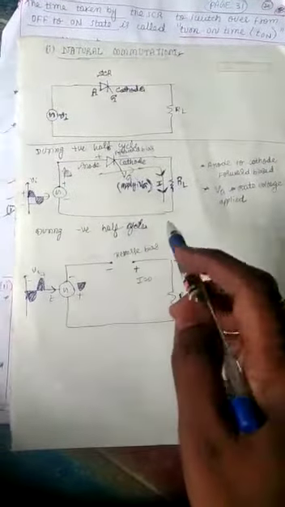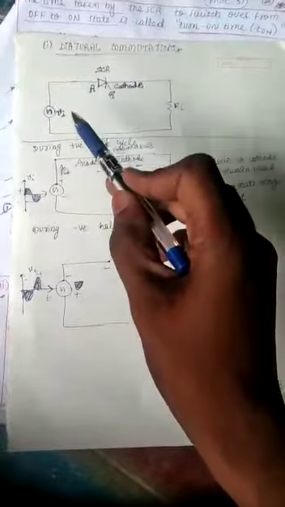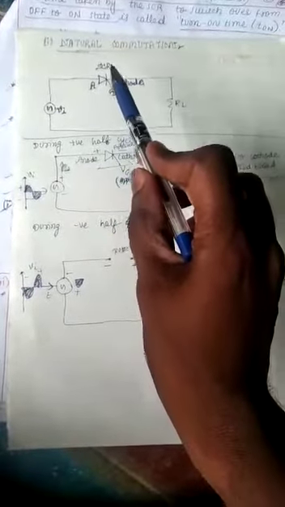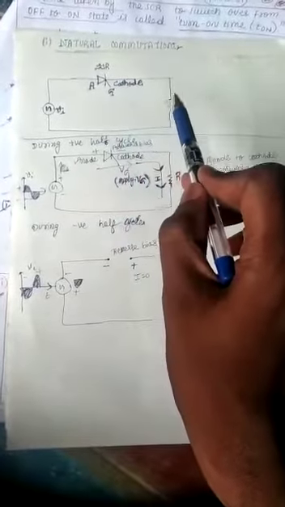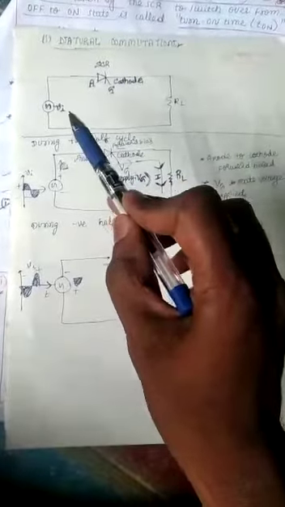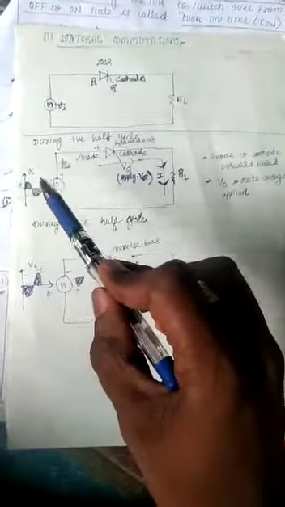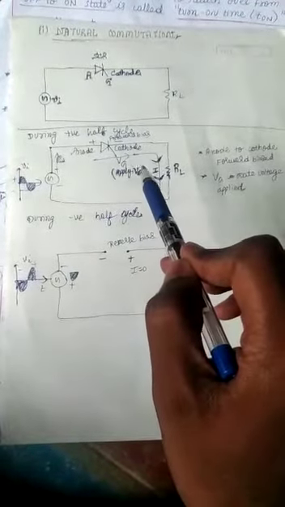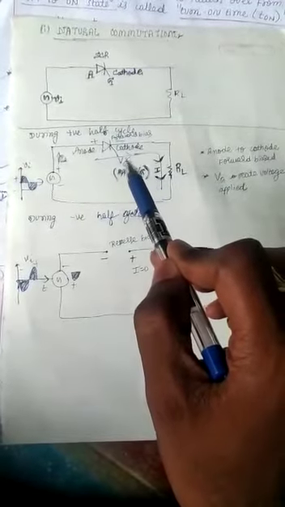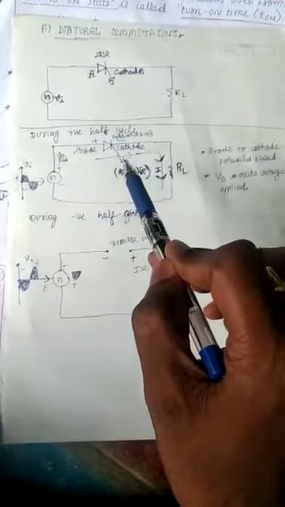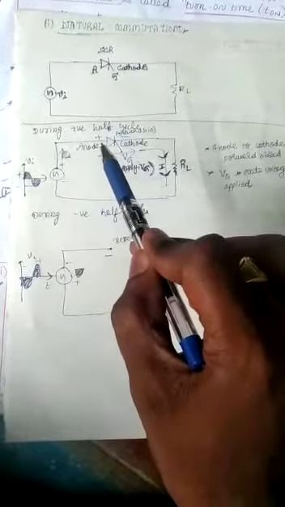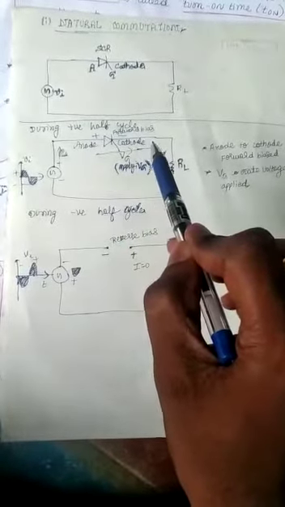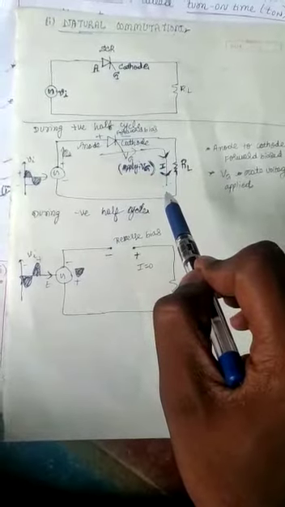So here, what will happen? This is a circuit diagram. Anode, cathode, you have gate. This is called SCR. This is the load resistance, the input voltage. During the positive half cycle of the input, what will happen? You assume that you are applying a sufficient gate voltage at the gate terminal, and if you forward bias, the current will flow from anode to cathode, and then the current will flow across the load.